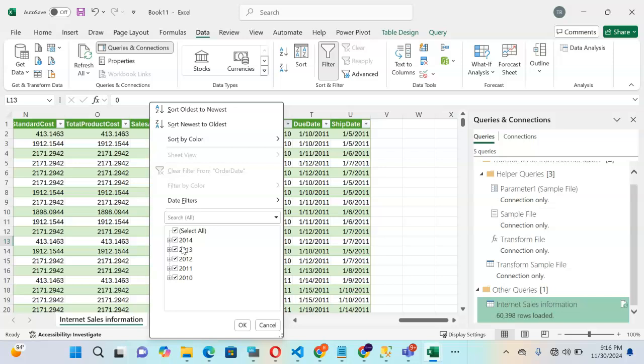In the next video, we will be looking at how we can merge data, because we have seen how we can append data together. In the next video, we'll see how we can merge data sets together using Power Query. Then from there, we'll move to pivots, pivot table, then the pivot chart, and create an interactive dashboard on an Excel platform,